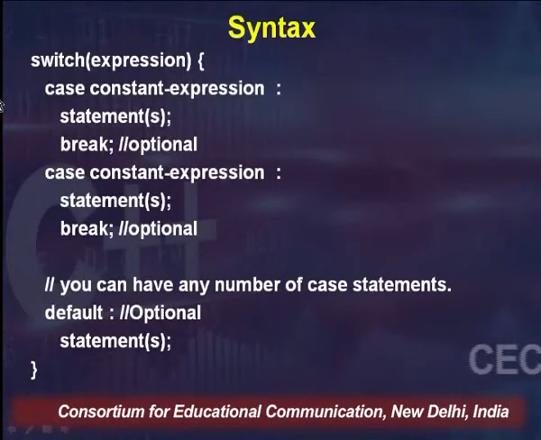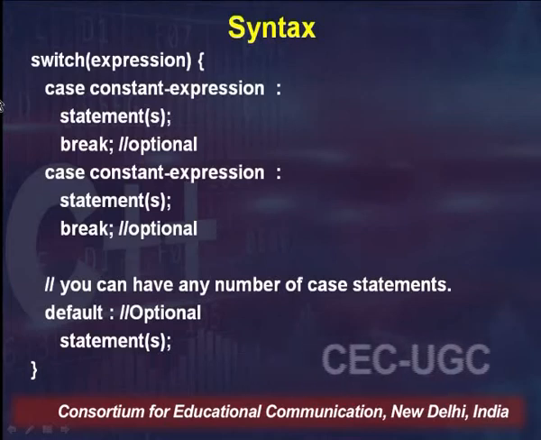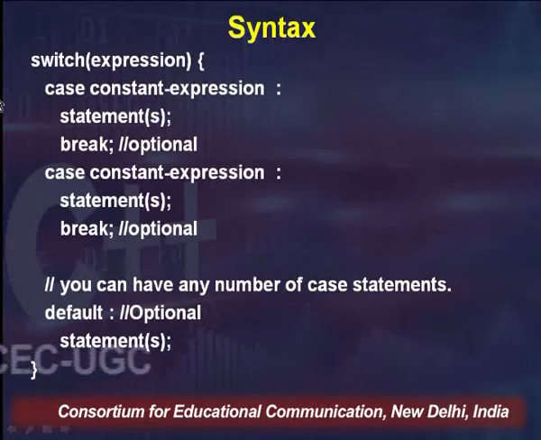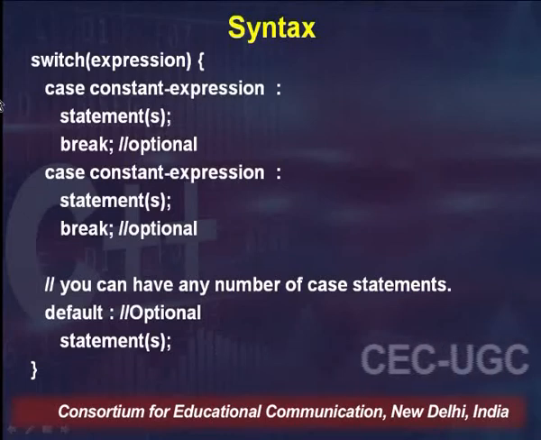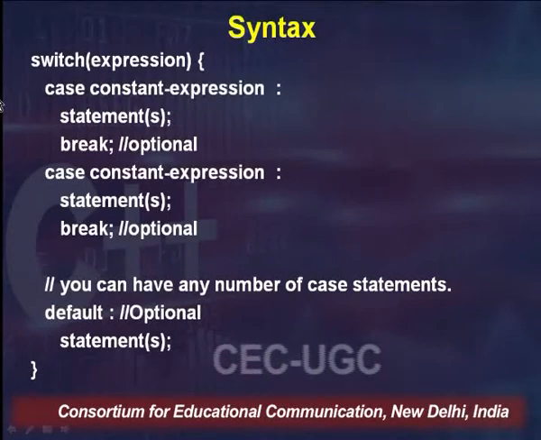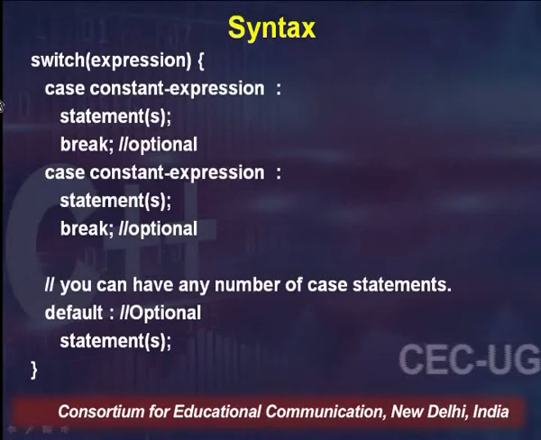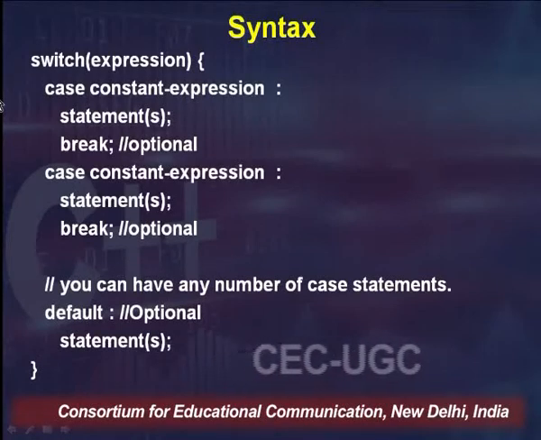Now let's see the syntax of this switch case expression. After this flow diagram, let's see how we are going to write this switch expression exactly. We will write the keyword switch and then an expression. For example, it could be i, or it could be an expression. What kind of expression, we will discuss. So for example, switch i, then a curly bracket, which opens the block of switch case statements, then case and a constant expression. For example, case 1 followed by a colon.